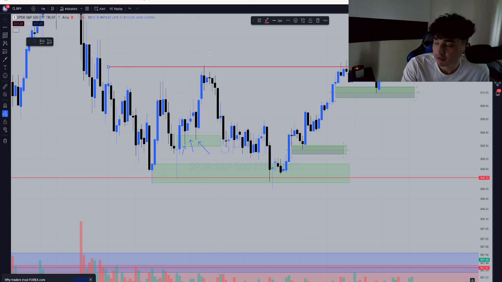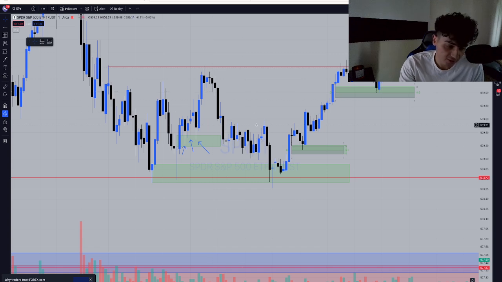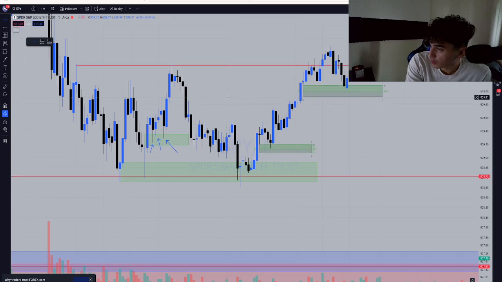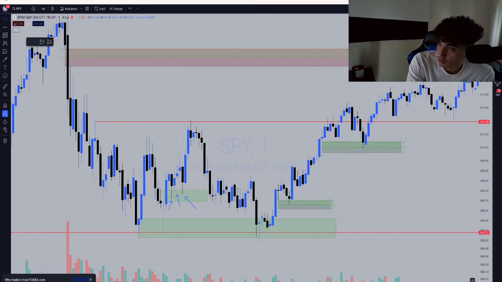So keep in mind, fair value gaps are not always going to present us with the craziest moves possible, but they will present us with a move to where we can trade it. You know what I mean? To the point where we can catch some sort of solid trade. But that's why taking profits is also very important as well. So there's that. And then also, another thing that I want to mention as well is I want you guys